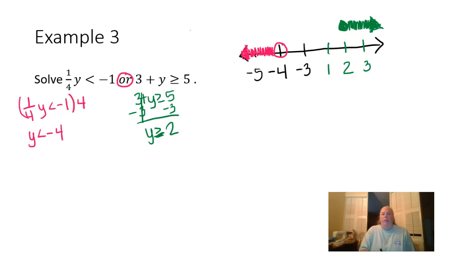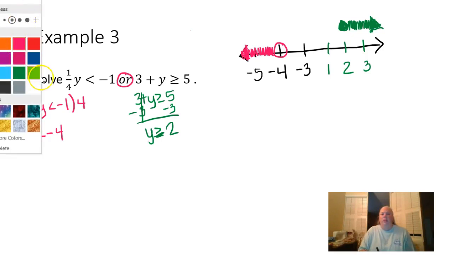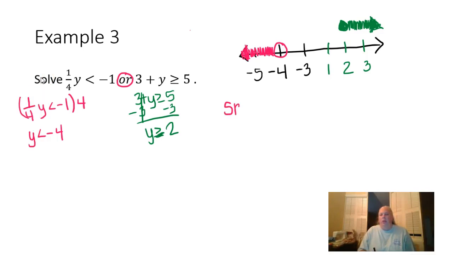All right. So now it's time to write my solution set. Now, in set builder notation, remember, anywhere that the graph has color on it that's been shaded is going to be included in my solution set. That means all of the pink area is part of my solution set, and so is all of the green area. All right, so when I write my solution set, we have the set of y such that,